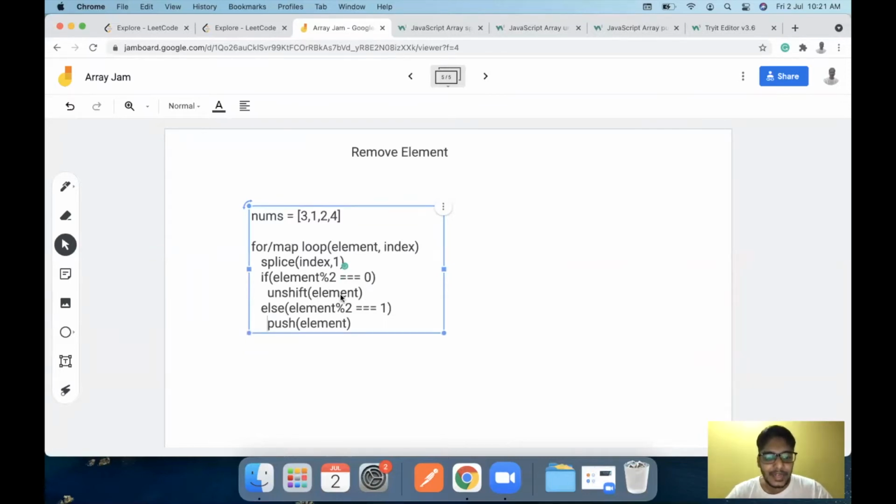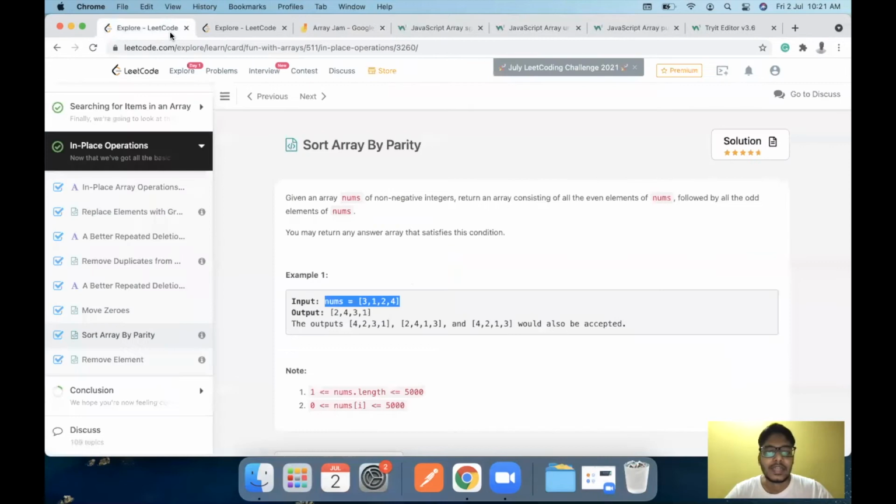So after that, I think we are done. Even in this case, if the element is even, we have the if condition. I don't think we even need this else block. We know that if the element is not even, it is obviously odd. So this is how the core pseudocode of our algorithm looks like. So let's start off with the actual coding now.